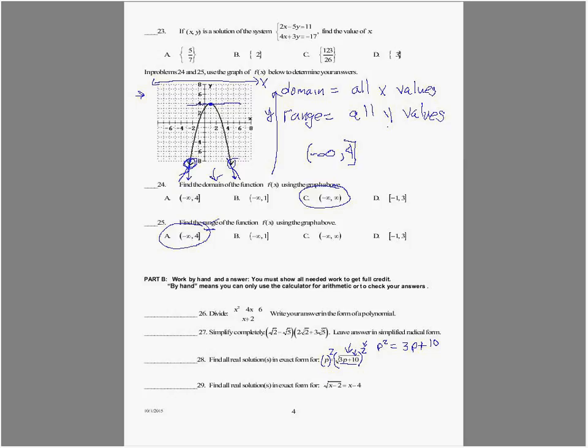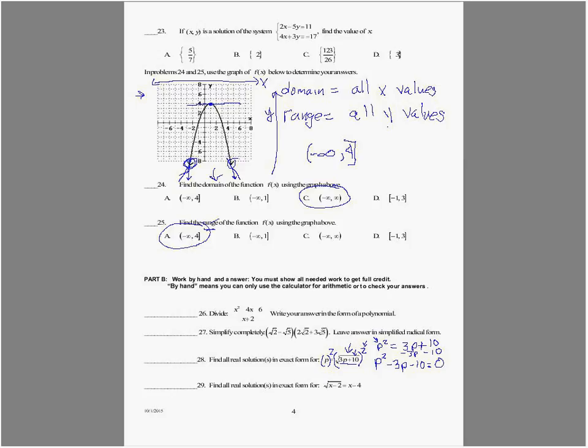Now we have a squared variable. Anytime you have a squared variable, we can call this a quadratic equation. And in order to solve a quadratic equation, all the terms have to be moved to one side. I like my squared variable to be positive. It's already positive, so I'm going to keep it where it's at. So subtract the 3P and the 10. P squared minus 3P minus 10 equals 0. Now everything is on one side, so we go ahead and solve.